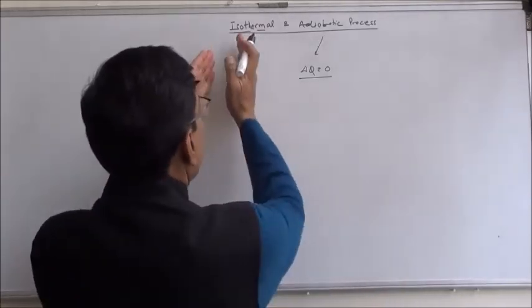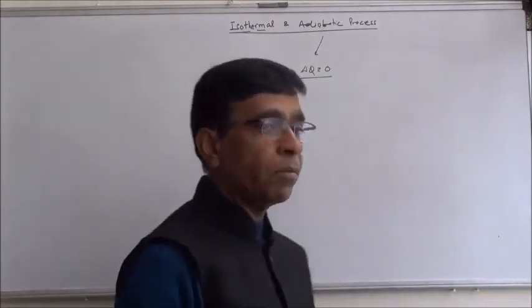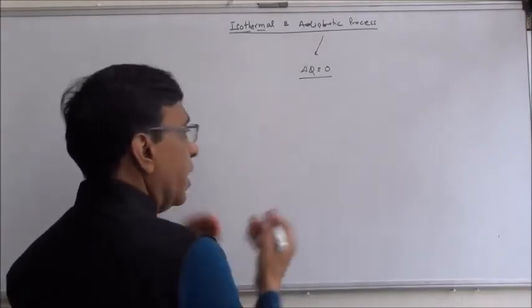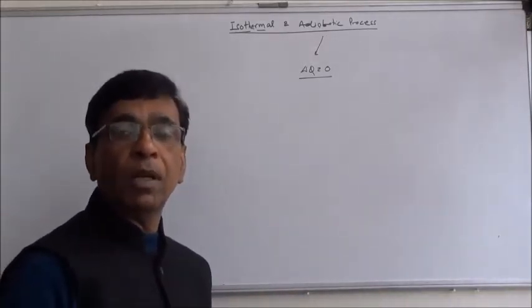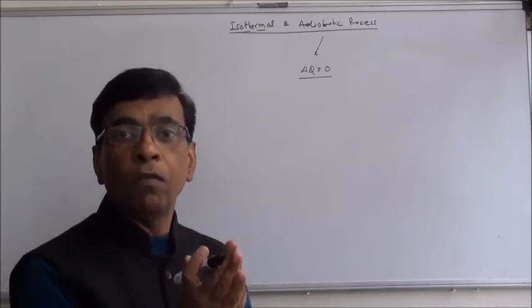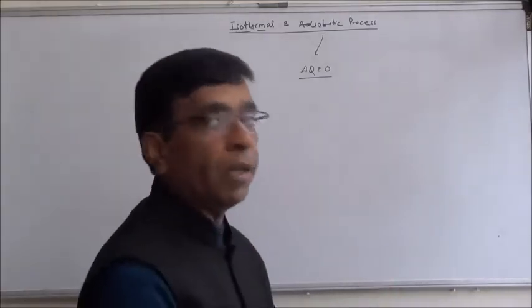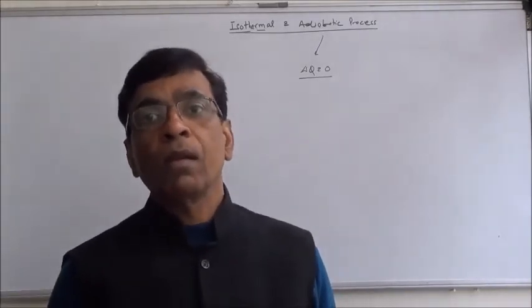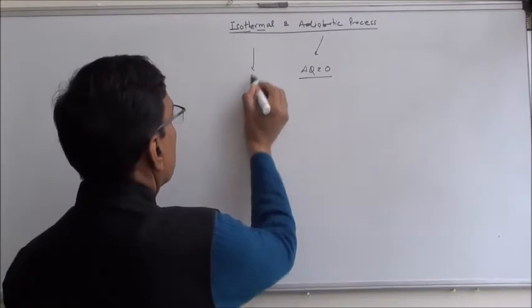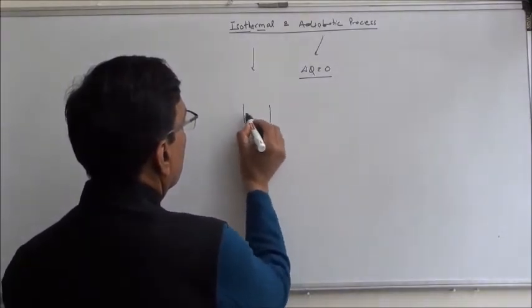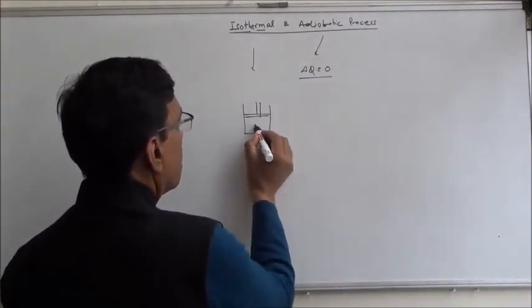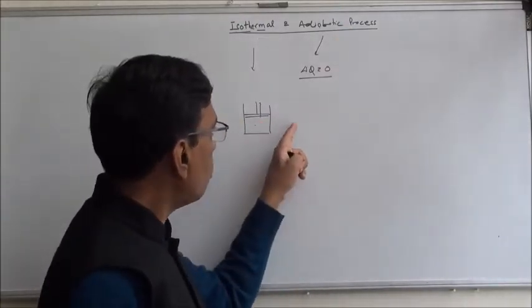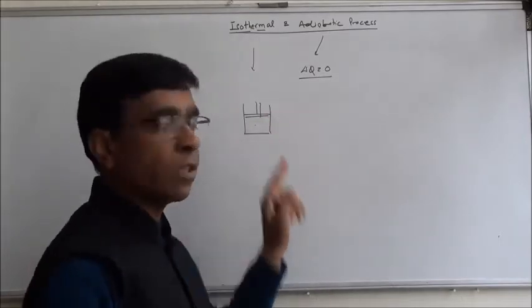See, one difference between isothermal and adiabatic will be related to the speed with which the process is performed and also the material of the container in which we have taken the gas. Because isothermal needs the temperature should remain constant. Adiabatic saying that there should not be heat transfer between the system and the surroundings.